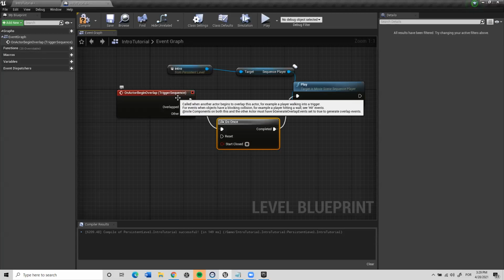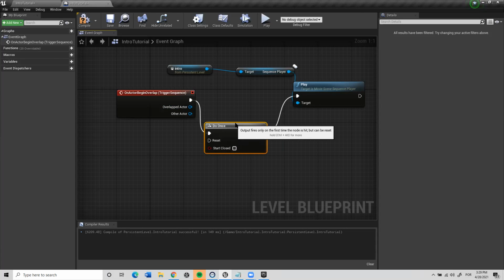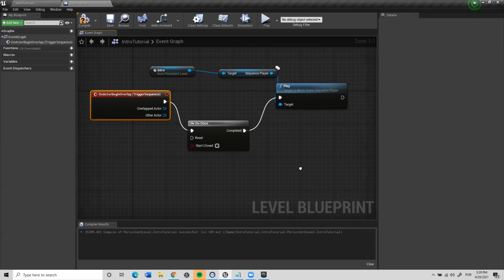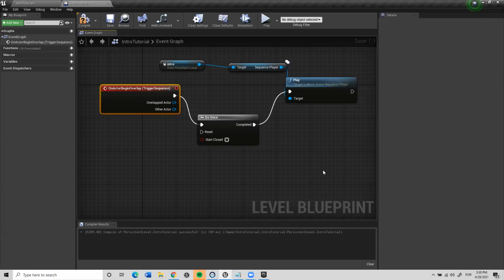Okay, because we need that this will only trigger once. So this will happen. This is better, because if we continue playing and we get into the box again, it will happen all over again. So we don't want that to be happening. And now we also need that our original third-person actor